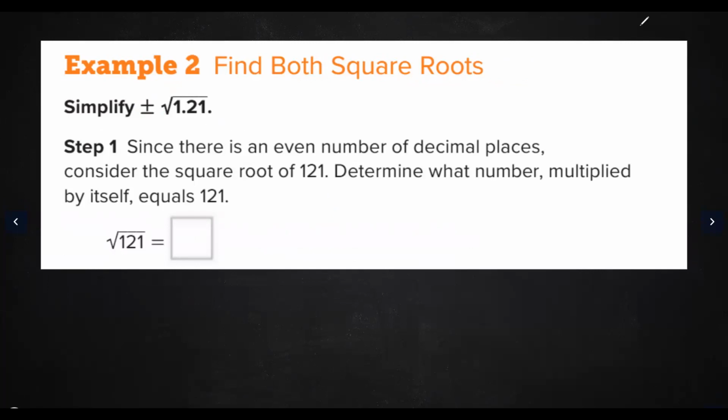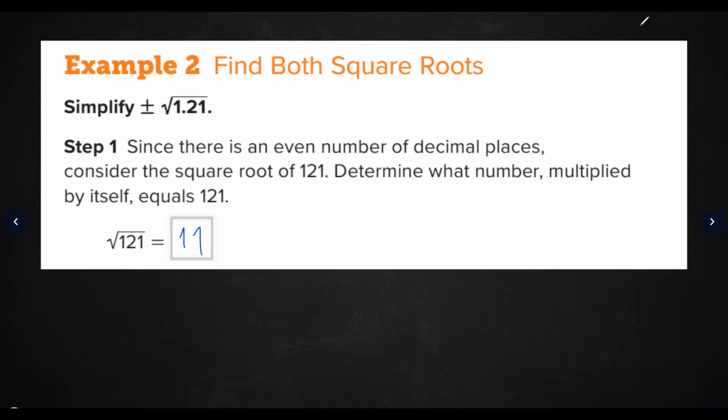What we need to do, let's see, step 1: since there is an even number of decimal places, consider the square root of 121. Determine what number multiplied by itself equals 121. Well, it will be 11. 11 times 11 is